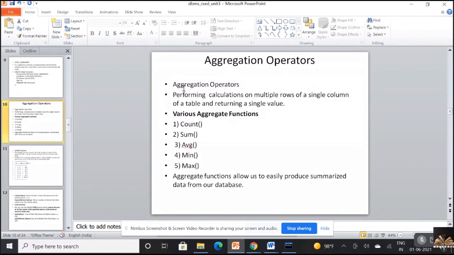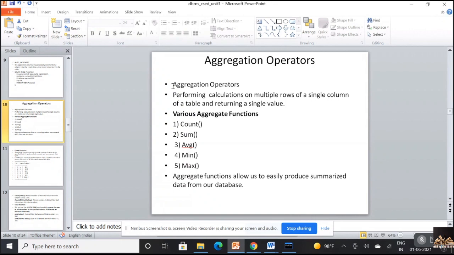It is used for performing calculations on multiple rows of a table. Okay, and usually you work on a single column, and you can work with all the columns for some of the cases.